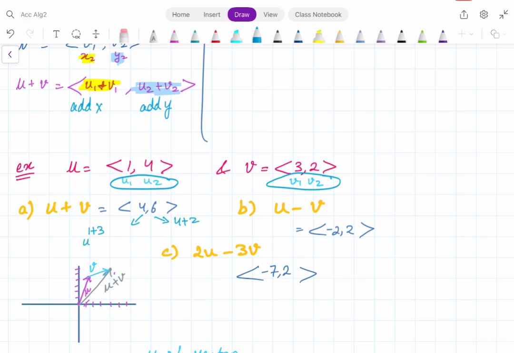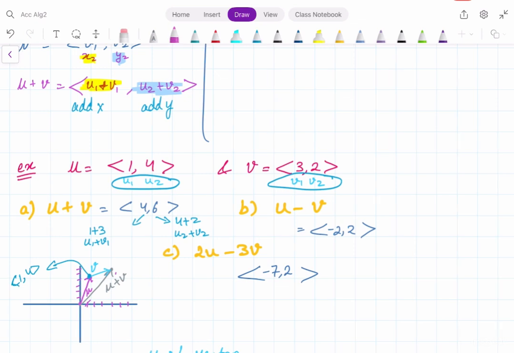In question number B, they are asking for u minus v. So we are subtracting them. And in part C, they want you to multiply the vector u with 2 first. So that will give you 2 and 8, and vector v by 3. So 9 and 4. And when you subtract them, you are getting negative 7 and 2. As you can see, we have graphed it. When the vectors are added together,